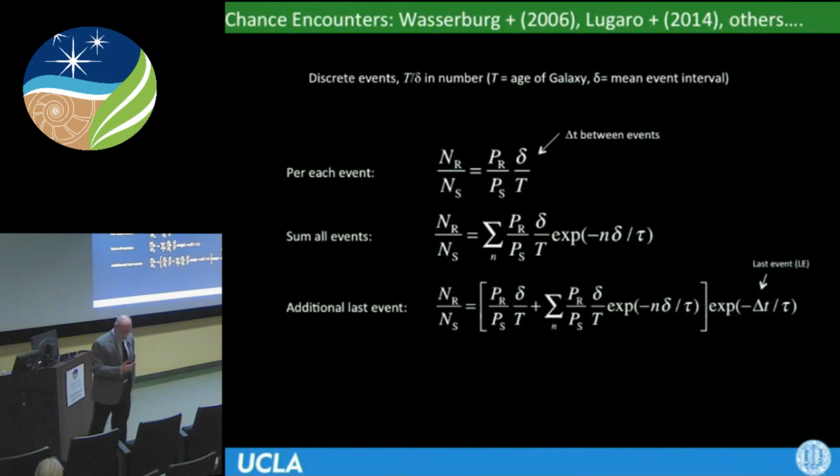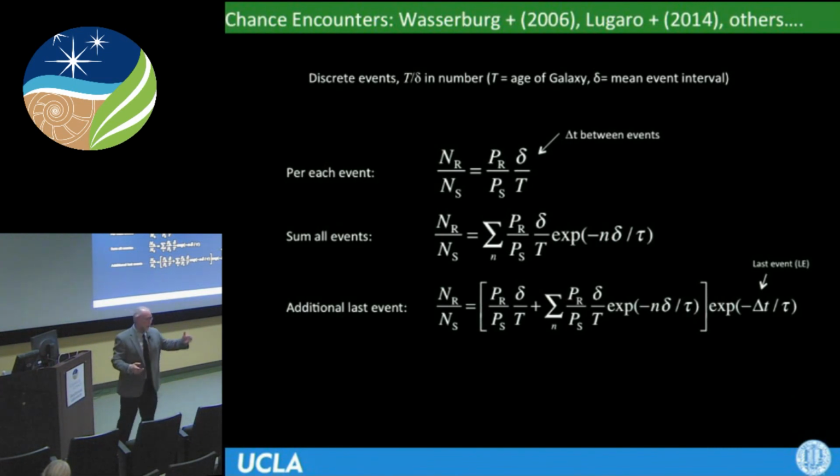And to do that, I have to throw up another couple of equations. I'm just going to walk you through really quickly so you understand that this is very simple, because what I'm really doing is taking decades of work and distilling all of that work down into a set of models that I think encompasses all of that work, using the basic equations that people have used, but tying it all together. So let's start with the age of the galaxy is t, and let's imagine a bunch of events